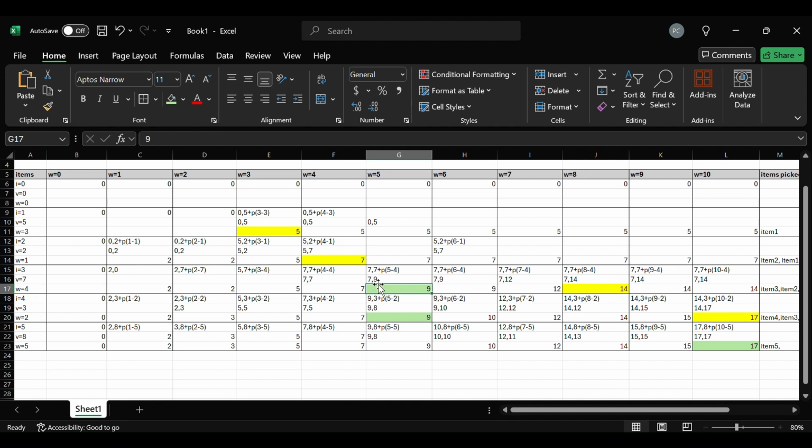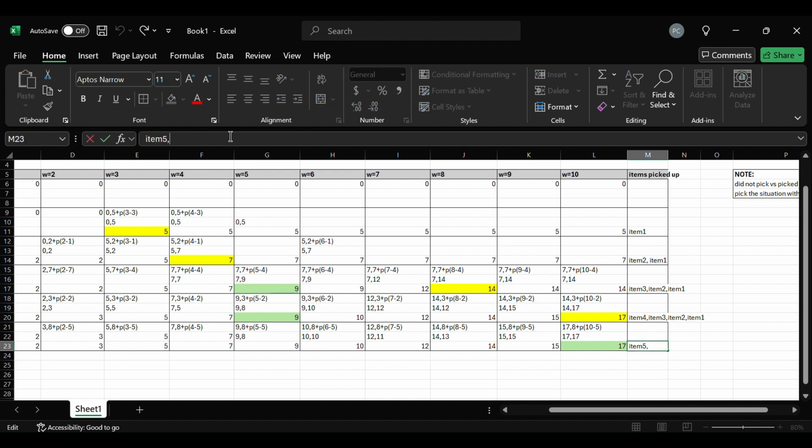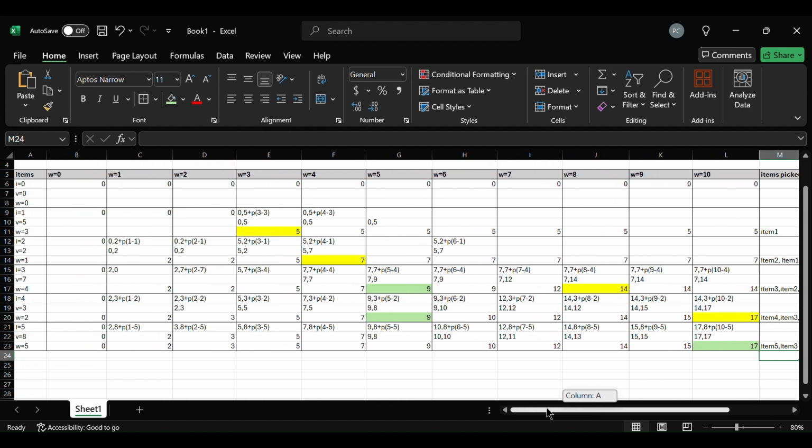Here, pick up, so pick up item 3. Pick up item 3, and the remainder is P of 5 minus 4, so P of 1. Go up, P of 1. Here our decision is pick up, so item number 2,